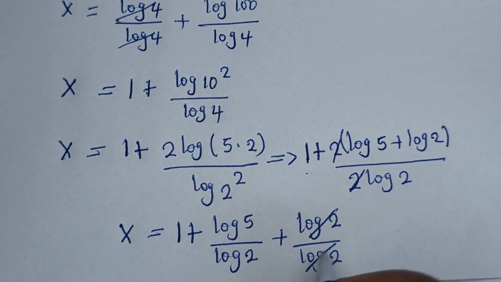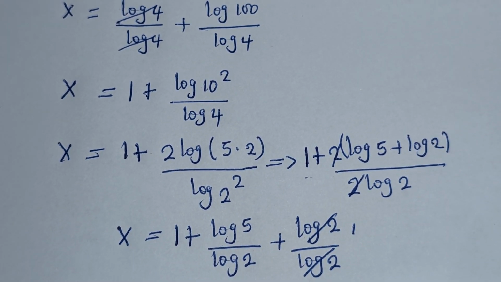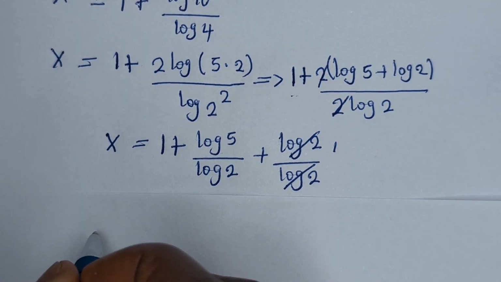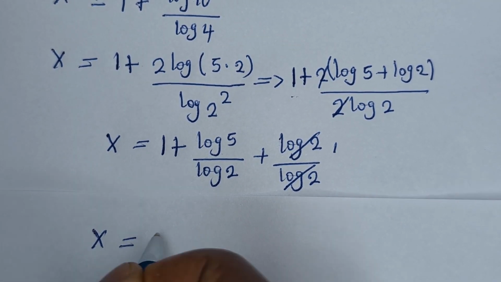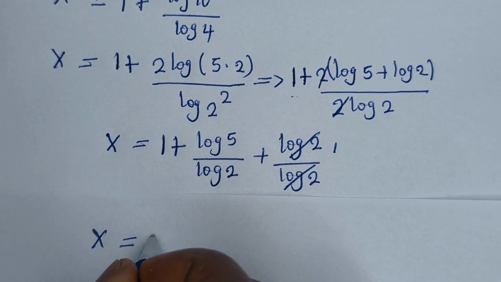This log 2 cancels this log 2, giving 1. x is equal to 1 plus 1